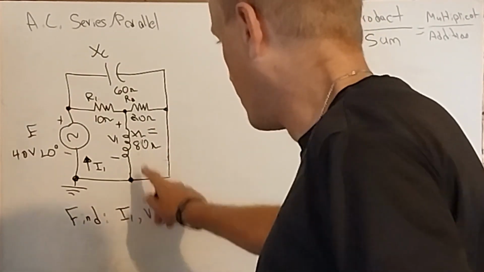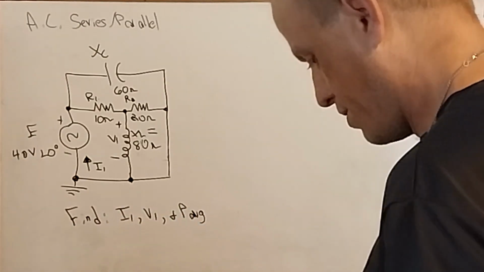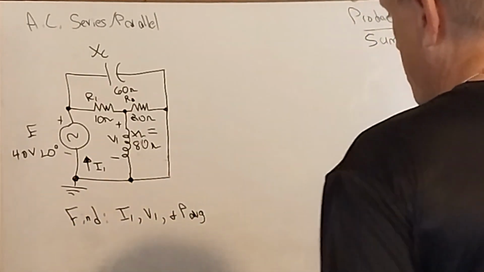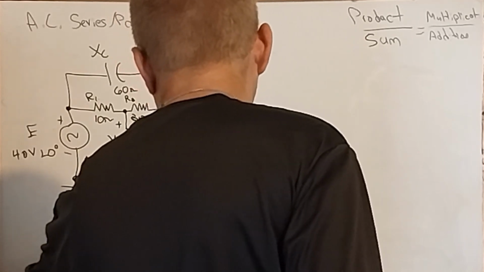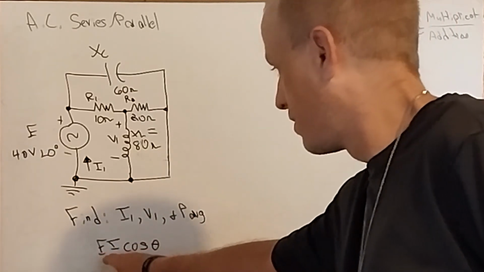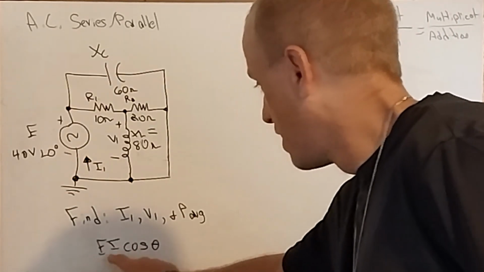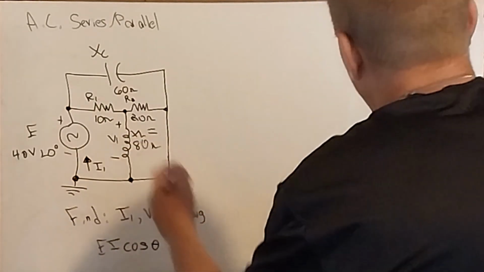They want us to find the voltage across the inductor, and they want us to find the average power. So the average power is E times I times cosine of theta, where theta is going to be the angle between E, which is 0 degrees, and I, which we haven't calculated yet because we're going to find that from I1. If I redraw this circuit,